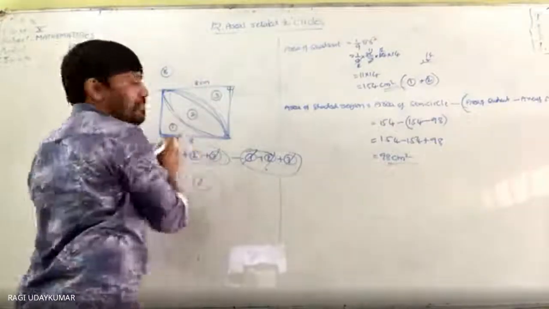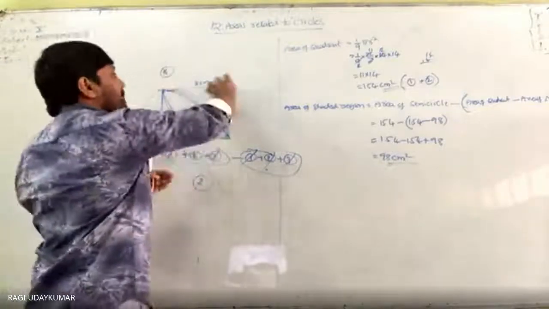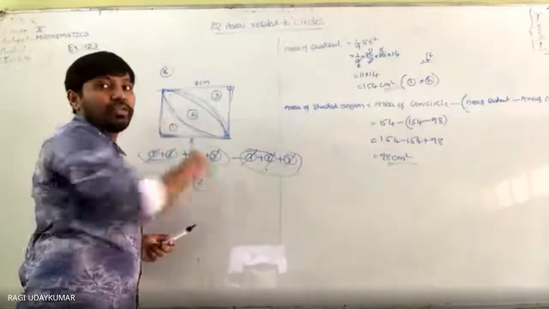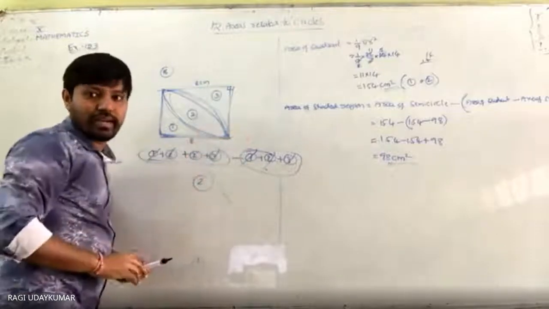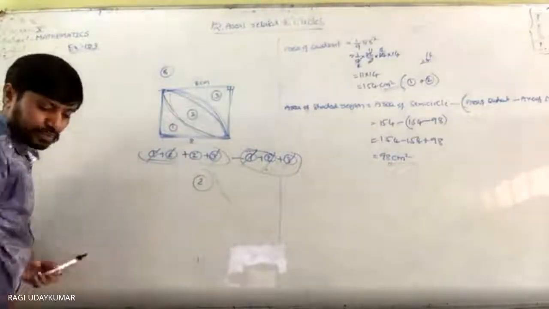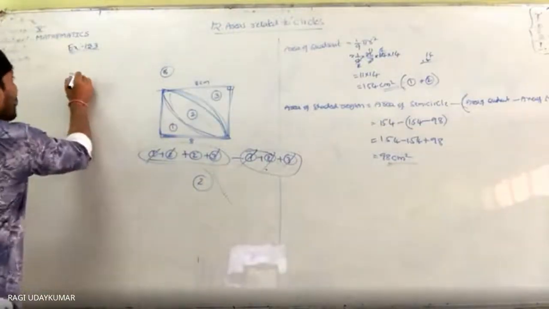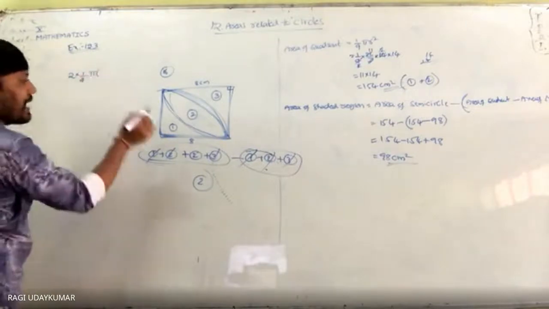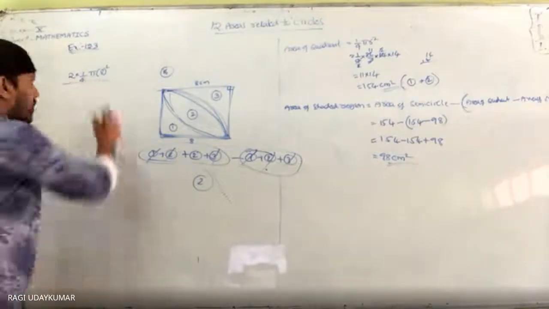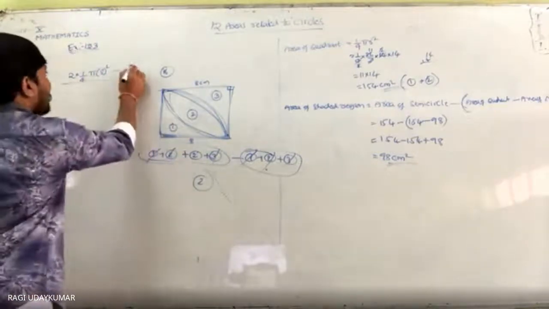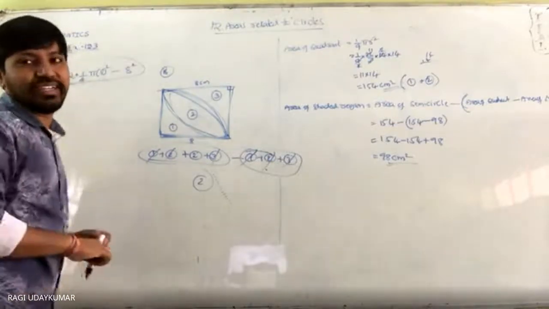So find out the quadrant area and from that subtract the square area. In one quadrant area this part is getting once, and in two quadrants we are getting it 2 times. So from that total area, subtract the square, and we are going to get the required answer. So 2 times the quadrant area, which is 2 into 1/4 pi r square, where r is 8, minus the area of the square, 8 square. Simplify this and you get the final answer.